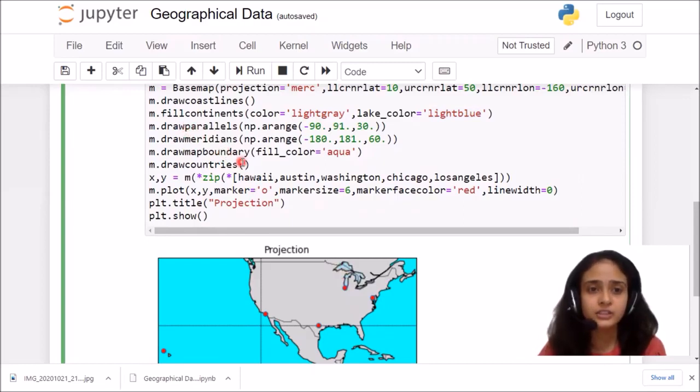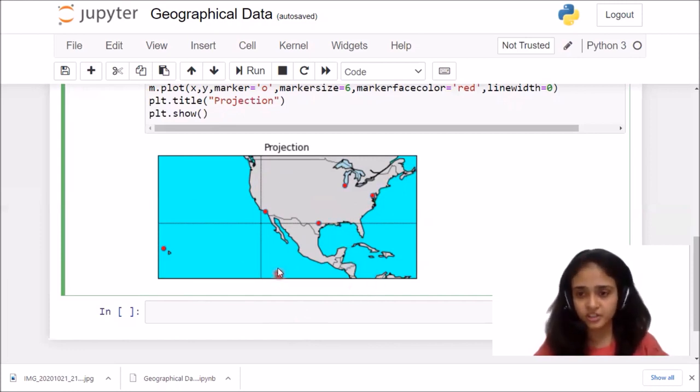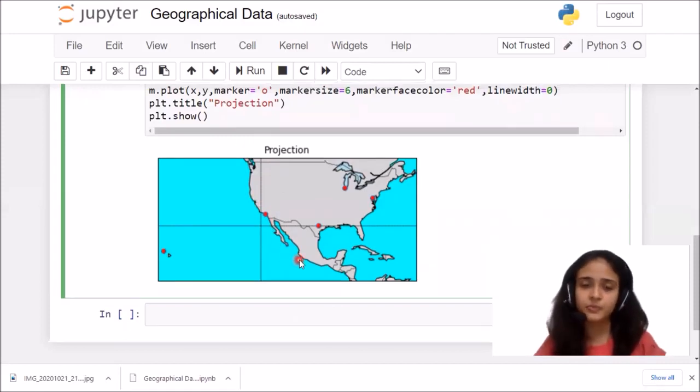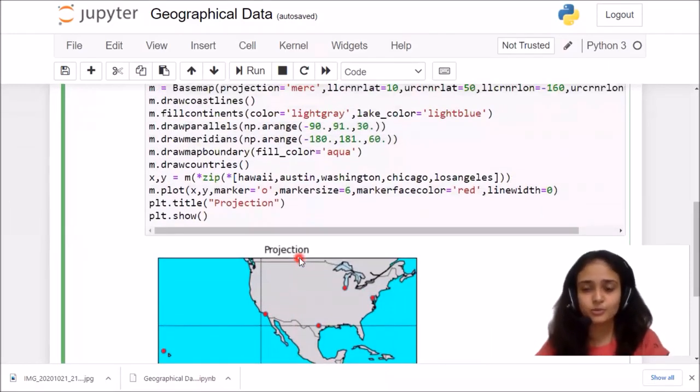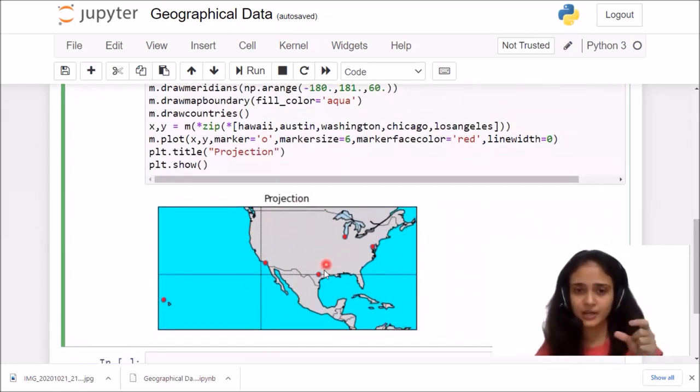Then I have drawn the parallels and the meridians in my map, and I have also shown the boundary. So you can see such type of vertical and horizontal lines and my boundaries in my map. You can see in the continent the land portion which ends and then the ocean portion starts. In between you have the black line, so that is the boundaries. So in the basemap toolkit, you can also draw the boundaries of the different countries also. So this is just the continent. If there are different countries present over here, then you can draw the country boundaries also.